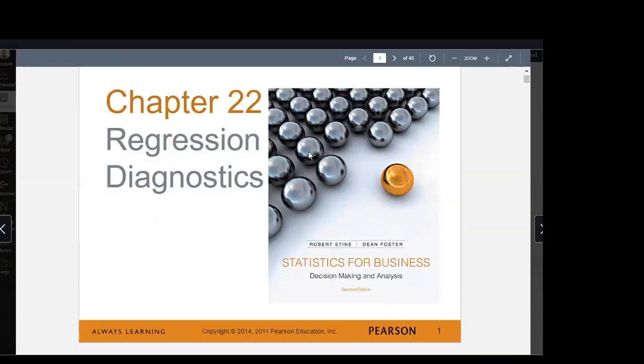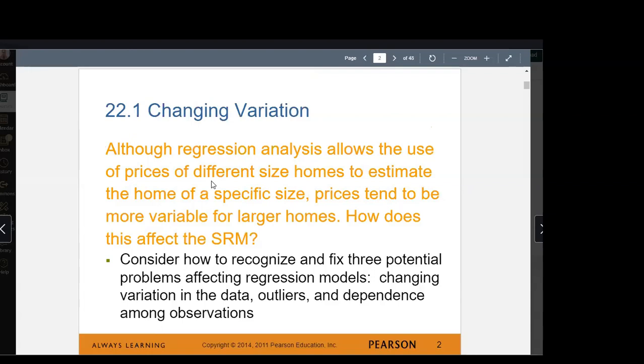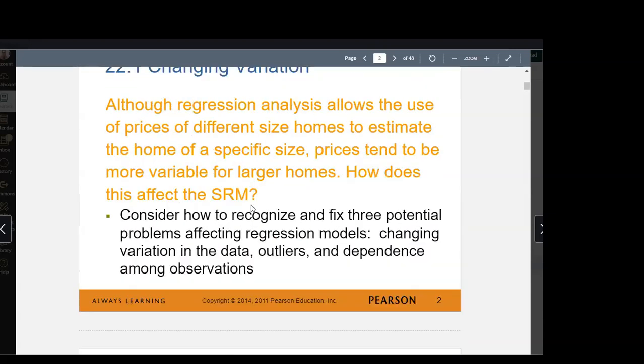Okay, so chapter 22 is about regression diagnostics. In the previous chapter, chapter 21, you learned about the simple regression model, how to find it, and how to find confidence intervals for B0 and B1, the intercept and slope. And you also learned how to get the confidence interval for your prediction formula, right? So